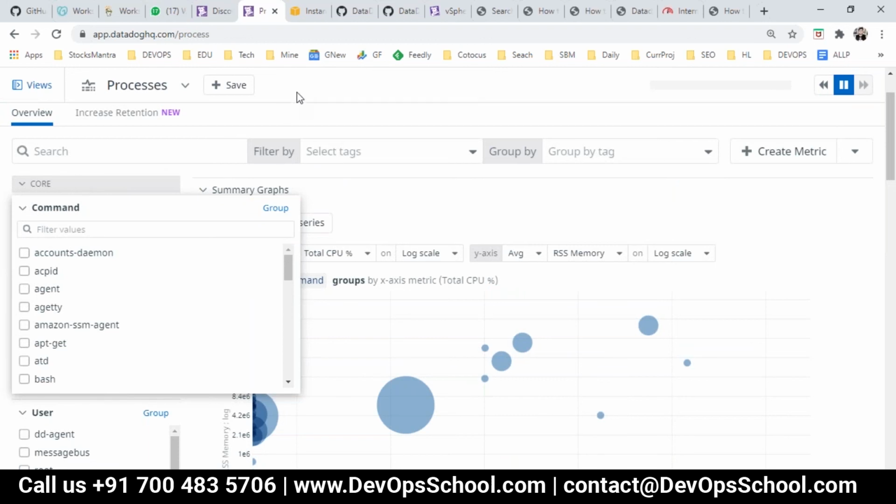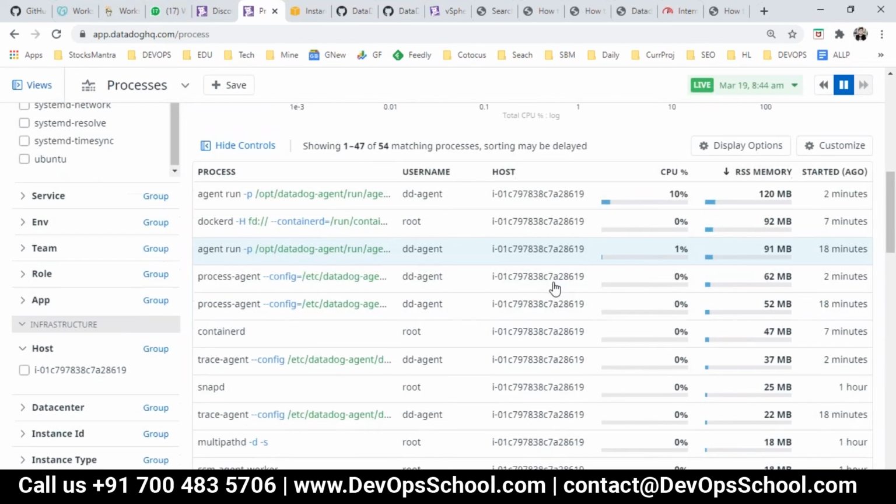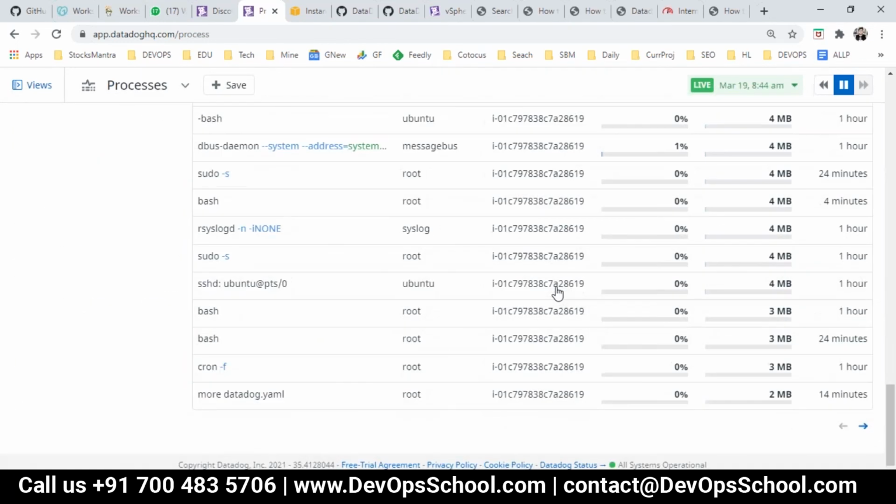Lots of filters are available, we'll work on it. Right now I don't want to complicate everything at a time. See, these are the processes running in my machine, and CPU, RAM, and all stuff like that.